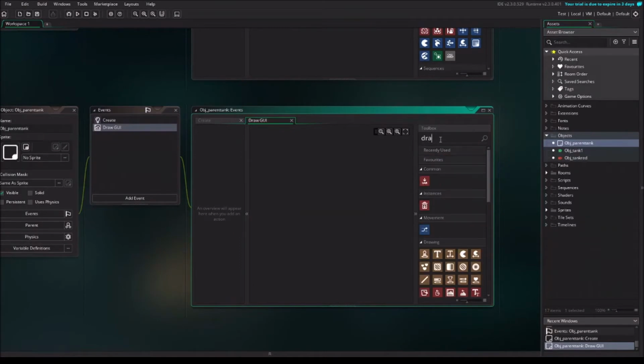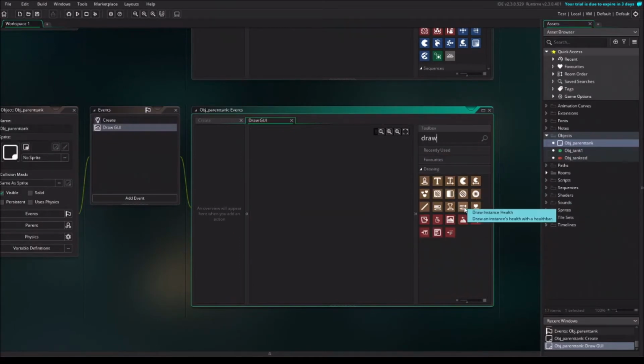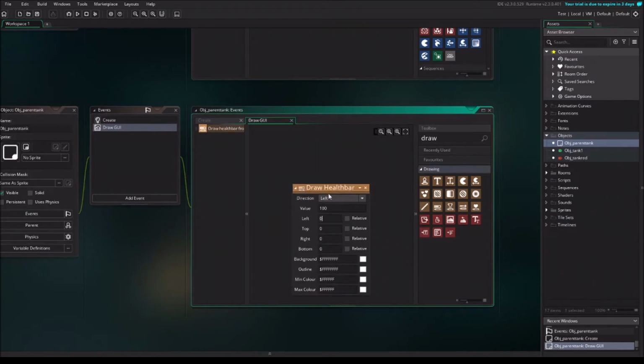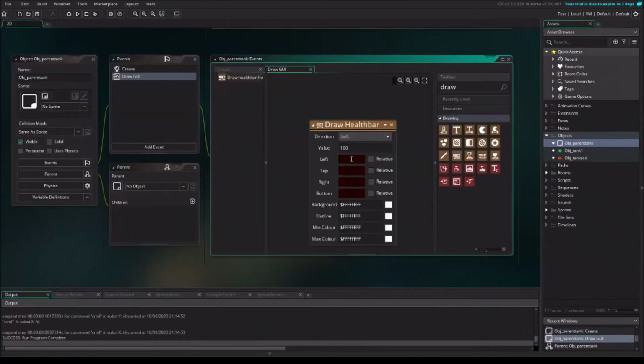GameMaker has an inbuilt function for draw health bar. So let's not draw instance health, but draw health bar. I do like the following settings. You can follow me or try something else, but -20, -35, normally 20, and -30. We want the settings relative because we want for each tank that it will float above